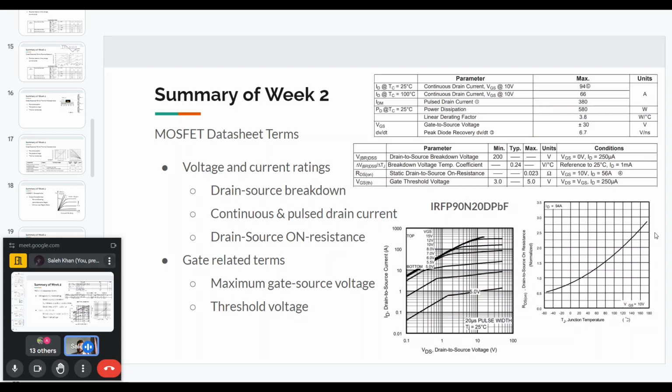So this is about the drain source on resistance. And in terms of gate related terms that are given in the data sheet, we have the maximum gate source voltage. So for example, here we are given as plus minus 30 volts. This is the maximum voltage that you can apply, and it will not damage the device. But it is not needed that we go to plus 30 or minus 30, because as